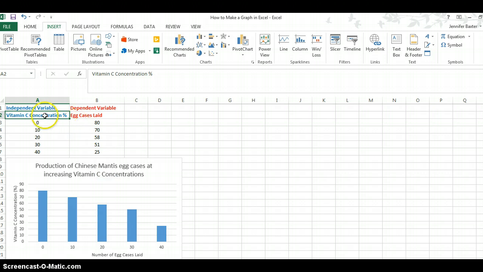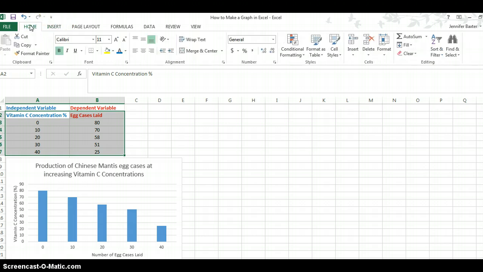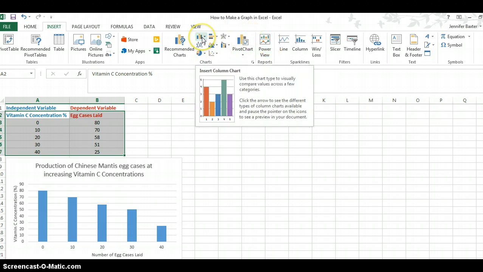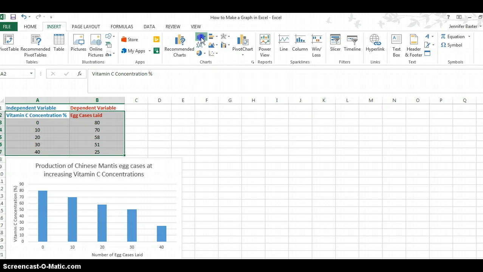now. I'm going to highlight my data along with my labels, and I'm going to come up here to insert, make sure that this is clicked. Sometimes the home is clicked, make sure that you have insert clicked. And then here are all my different charts. I wanted to make a histogram, so I'm going to click on this column chart,